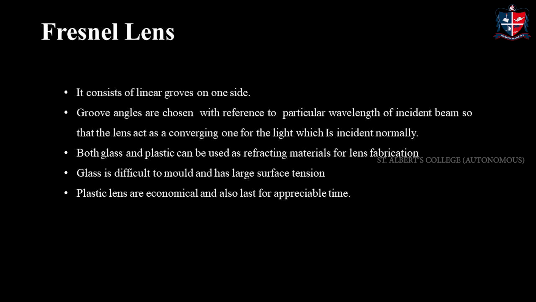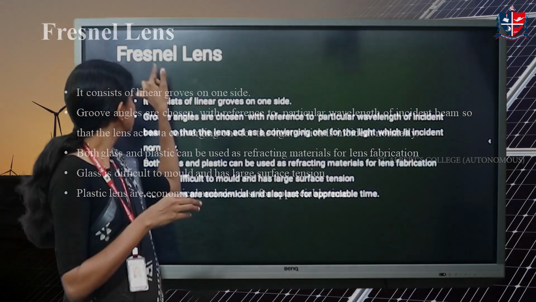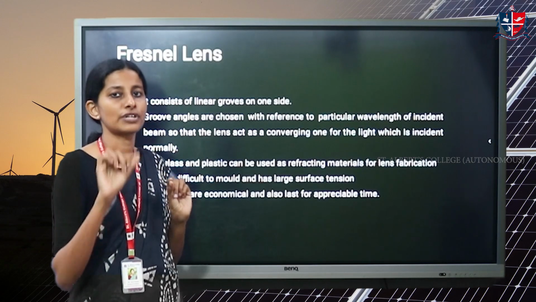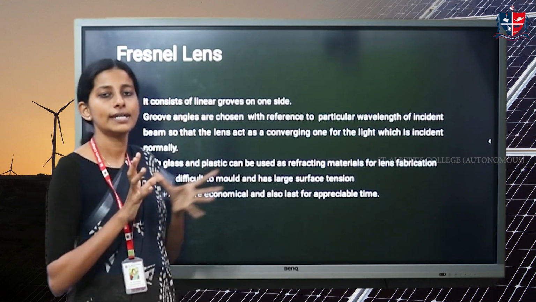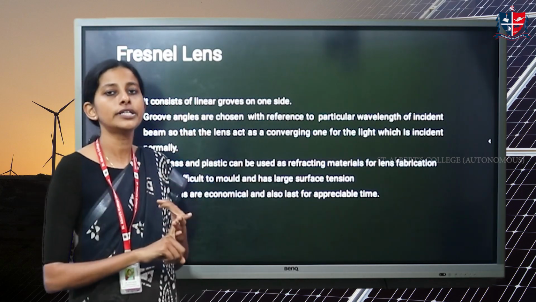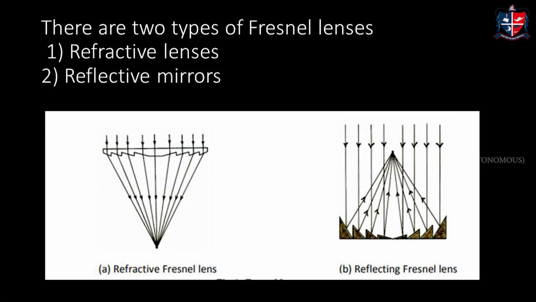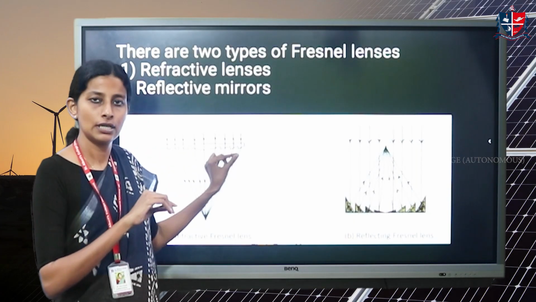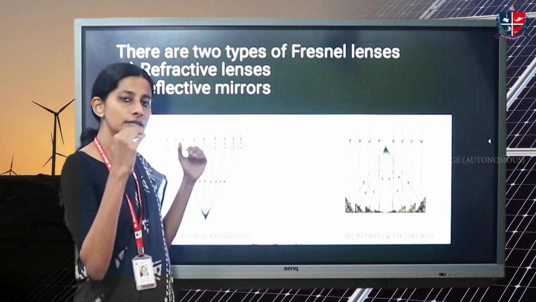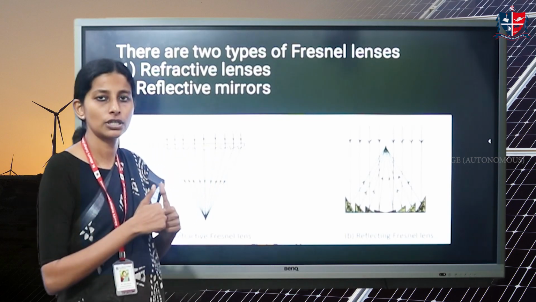Finally, moving on to the third type, which is called the Fresnel lens. Here, the letter S is silent. It is not pronounced Fresnel with an S, but it is always read as Fresnel lens concentrator. This is the third type of single axis tracking solar concentrator. The peculiarity of this lens is it is not a flat surface. It has little grooves. The grooves will enable better focusing on a particular point or a length.